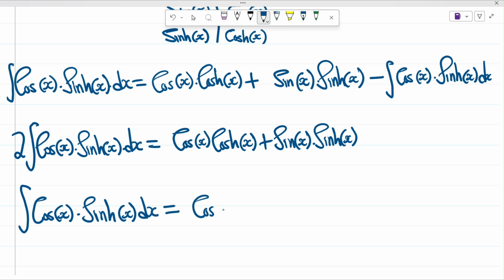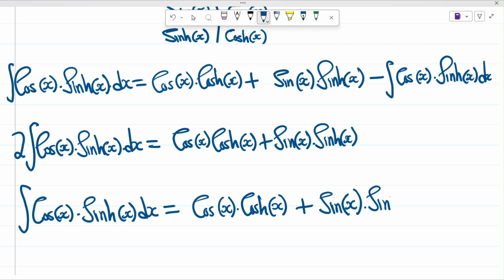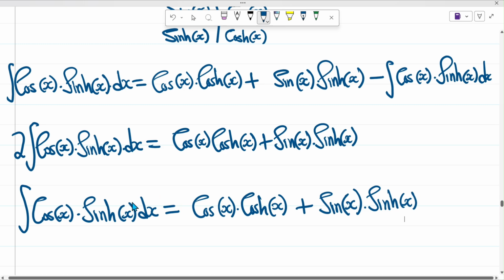To cos of x multiplied by hyperbolic cos of x plus sine of x, I am writing sine, sorry, sine multiplied by the hyperbolic sine of x. Yeah, so of course this is being multiplied by a 1/2, because I divided both